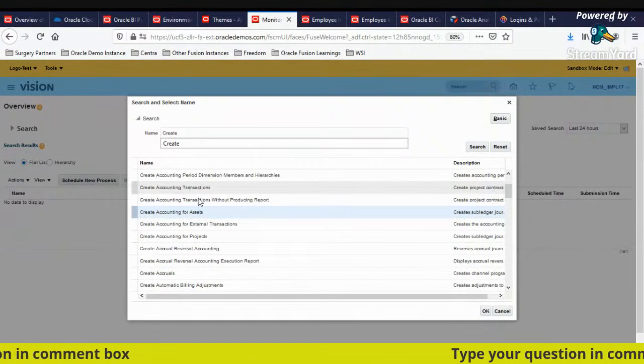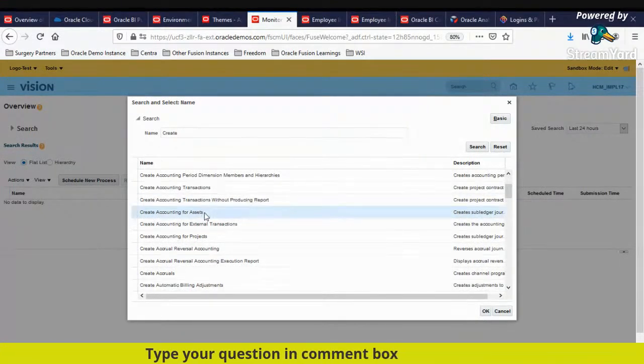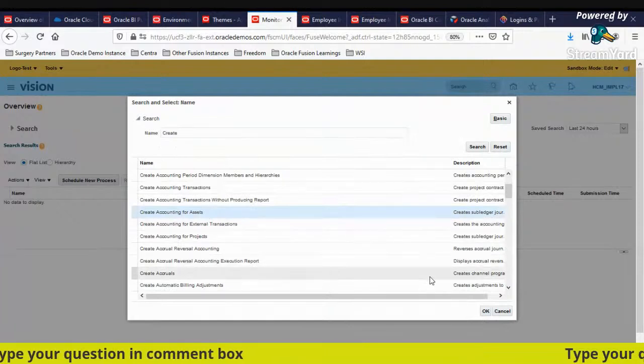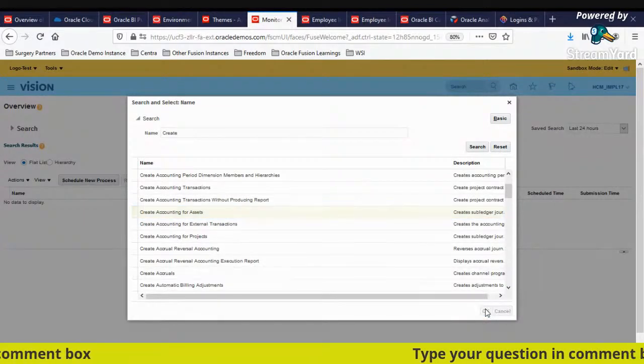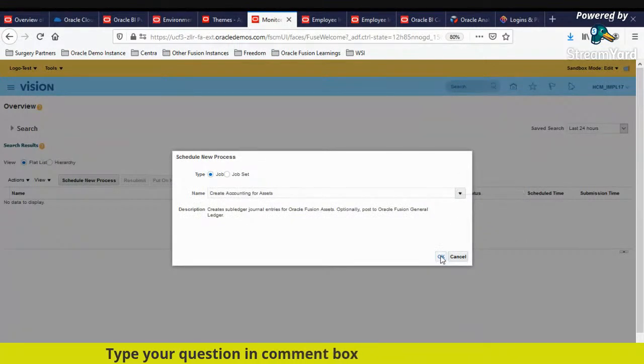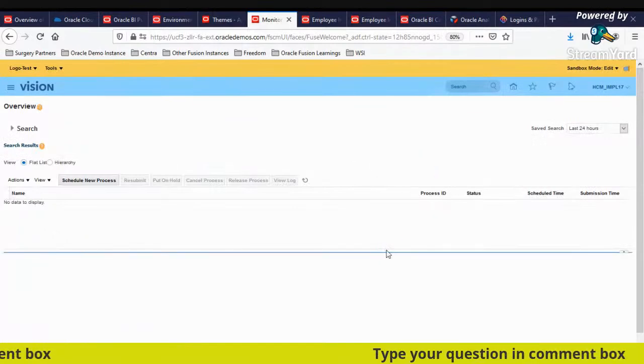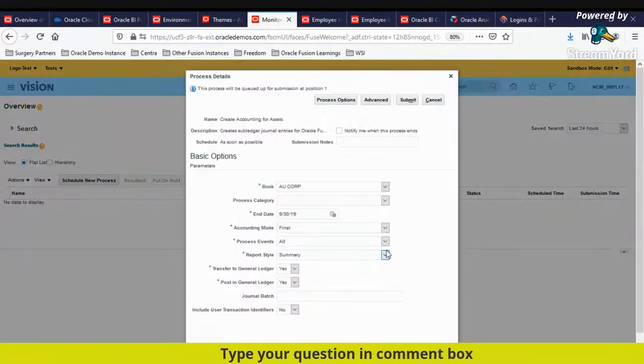So we have got create accounting for assets, create accounting. Let's say I click on create accounting for assets, and if I click on OK, it would take me to the form it has got, like